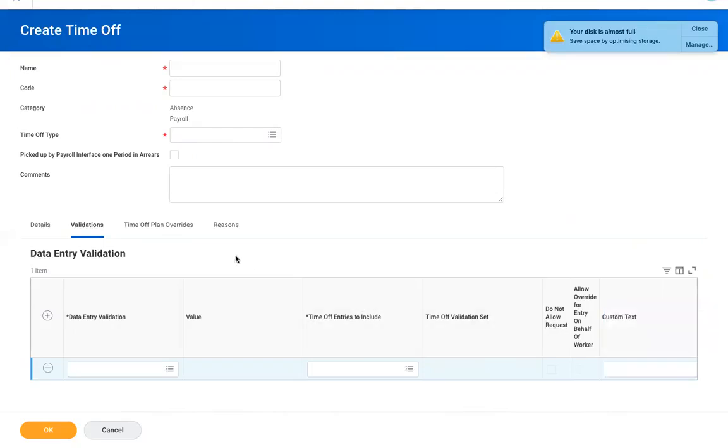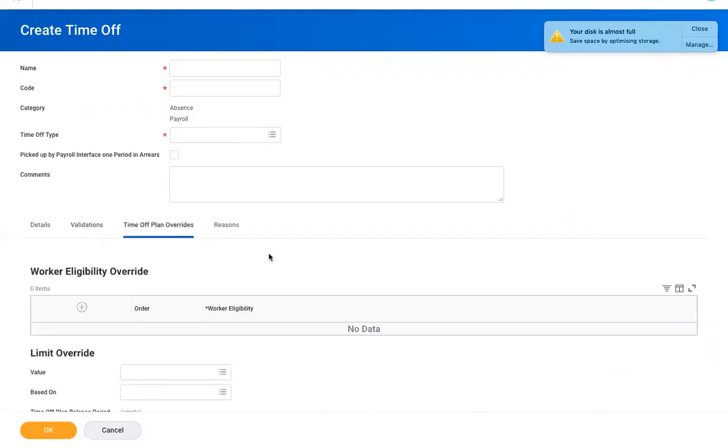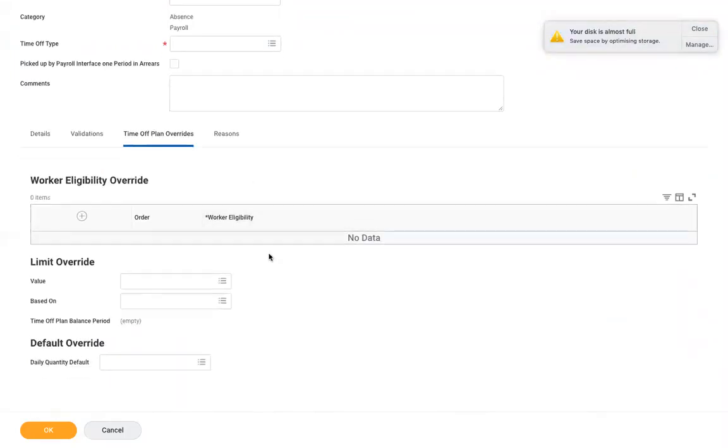Okay, validations. And time off plan overrides. The maximum number of overrides. And if you want to default hourly or daily, or if you want to allow the employee to take daily or hourly. For example, you want to allow the employee to take only hourly. Some plans maybe you want to allow the employee to take daily, or